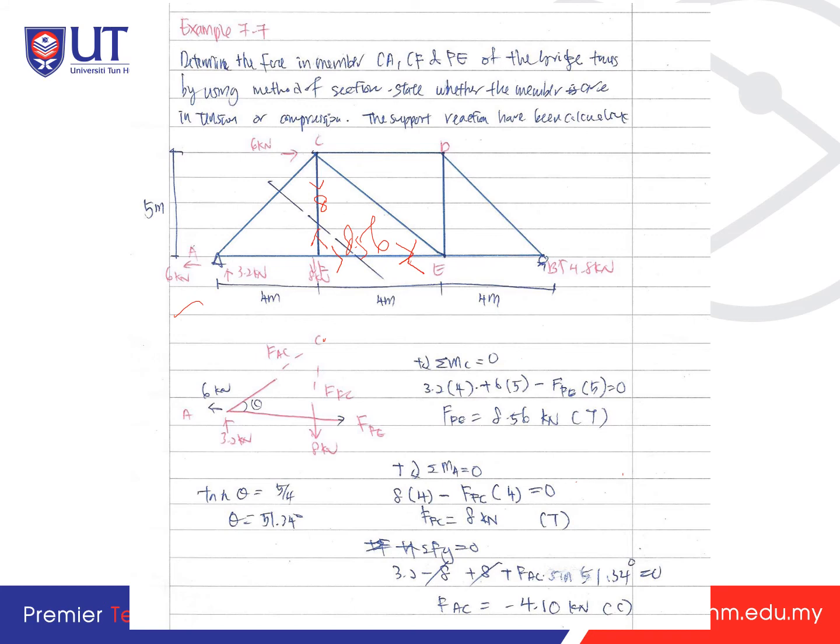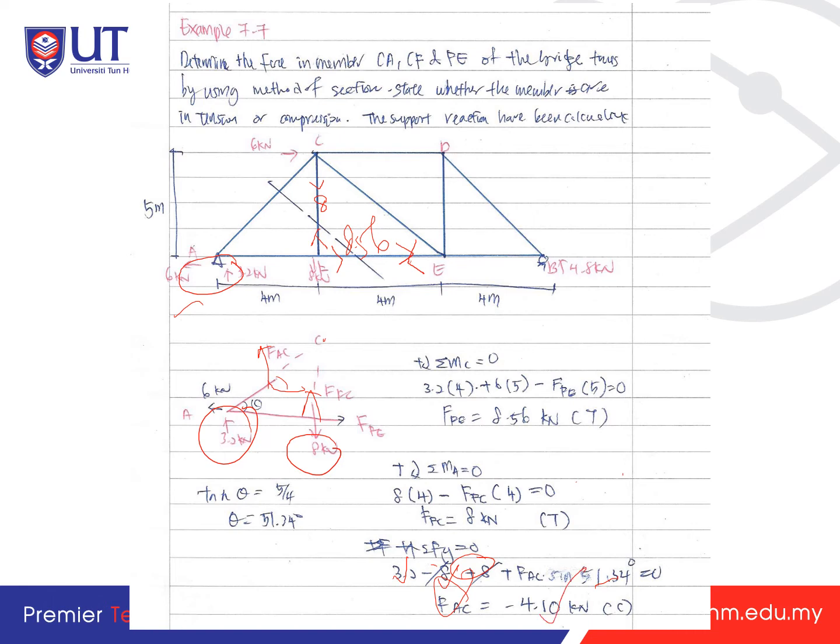So total Fy equal to 0. Then you can see what the vertical forces are here. You have 3.2, 3.2 and 8 kilonewtons going downward. You have these three, and then FAC is this one. FAC, and then you have the theta here, so it is sin. FAC sin 51.34 equal to 0. So when you calculate and then rearrange it, you will get FAC equal to negative